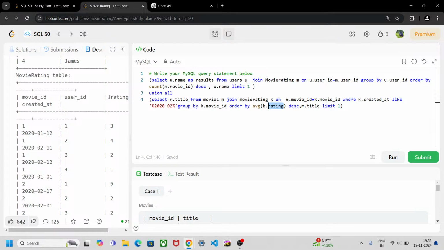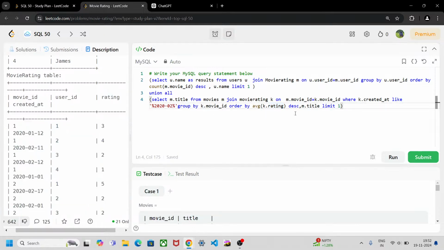So basically we're checking the average of rating because they had mentioned it descending. So whichever has the highest rating, and m.title also we are ordering lexicographically here. You see, we have not mentioned descending or ascending in case of title, so it is ascending basically. So it goes from a to b, and here also a name goes from a to b, and we are then limiting